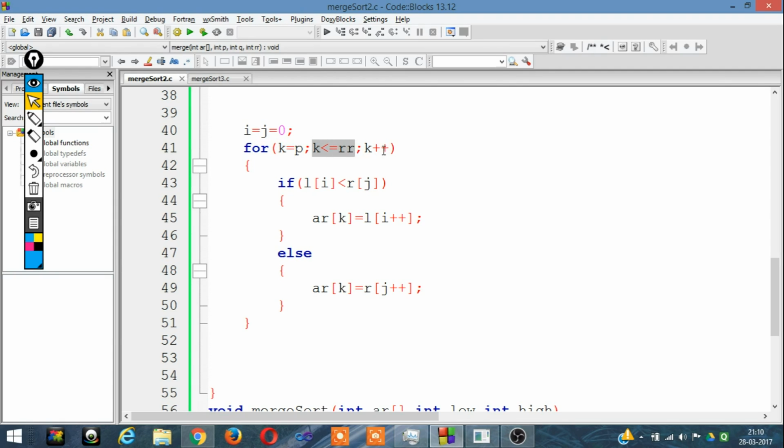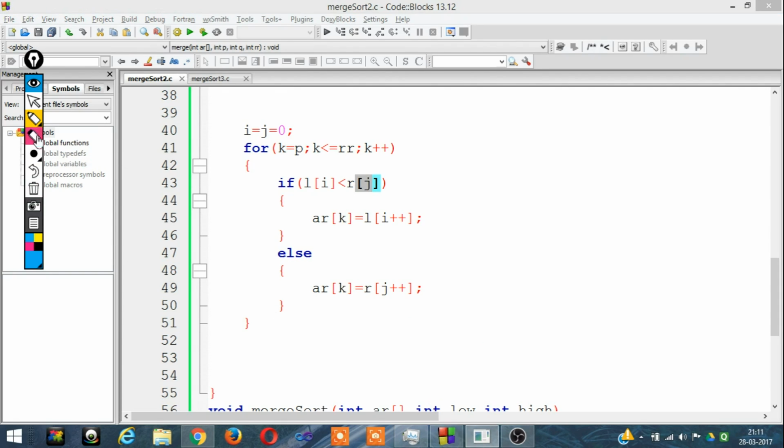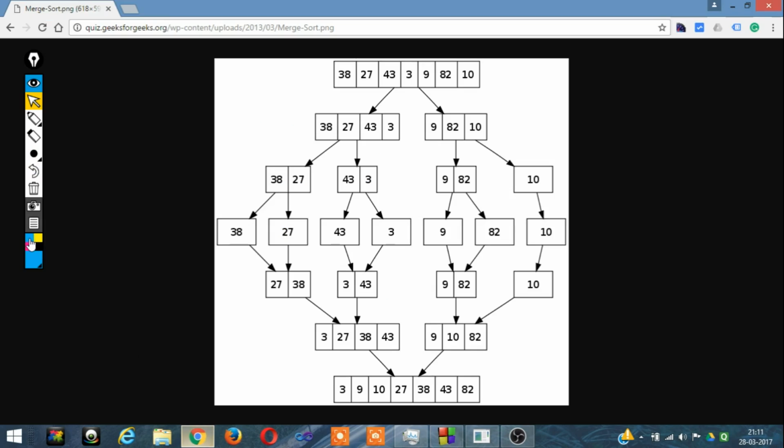k is less than r, means k equal to low, k is less than high, k plus plus. If L of I is less than R of j, what it means is, if this element is less than this element, then what to do? If this element is less than that element, then AR of k is equal to L of I plus plus. What it essentially means is,